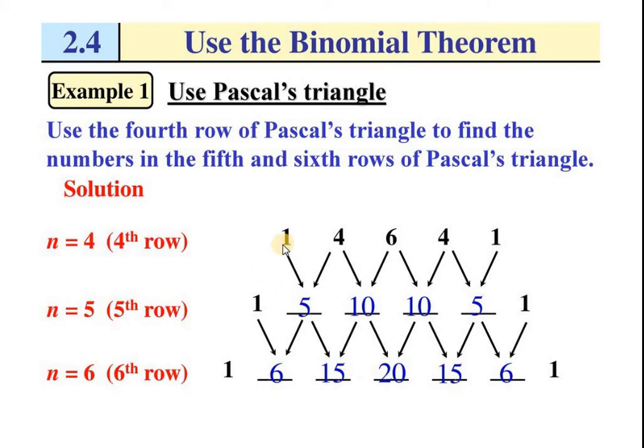तो ये तो ऑलरेडी हमने पढ़ा। इसी 1 को हम इस तरह कंटिन्यू करेंगे, फिर 1 और 4 का मजमूआ 5 आ गया, 4 और 6 का मजमूआ 10 है, 6 और 4 का मजमूआ 10, 4 और 1 का मजमूआ 5। इस तरह 1 और 5 का समेशन 6, 5 और 10 15, इन दोनों का 20, इन दोनों का 15, इन दोनों का 6। तो इसी तरीके से हम पास्कल ट्रायंगल को कंटिन्यू करते हैं, कंप्लीट करते हैं।